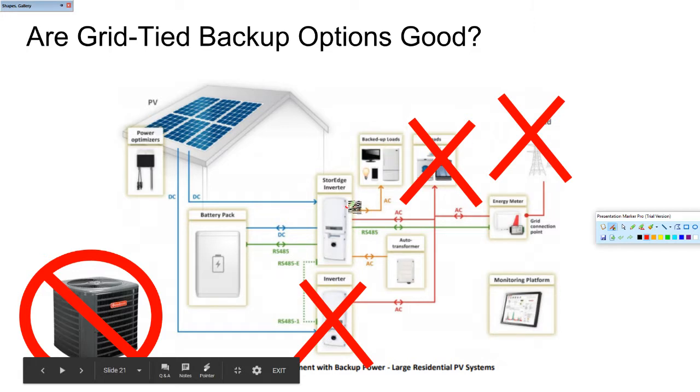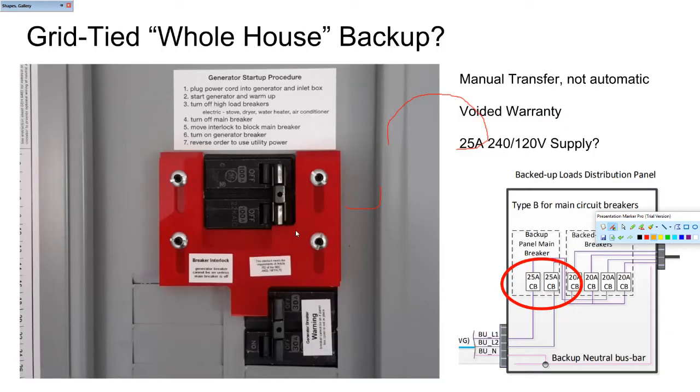What would happen if I take this output on my storage inverter for backed up loads, and then I ran it to my main service panel and tied it in to this generator interlock? So you take the backup from your SolarEdge inverter and your backup breakers, and then you loop it around and tie it into that generator interlock? Well, the answer technically would be that your 120/240 storage breaker with auto transformer could then awaken